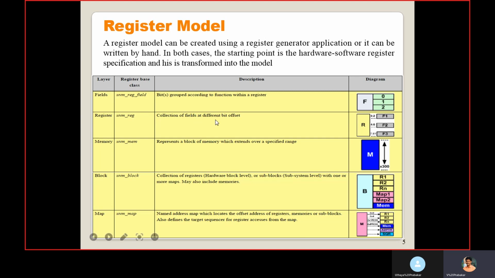A register is a collection of fields at different offsets. For example, this is the register. It has multiple fields, and each field has a particular bit position.